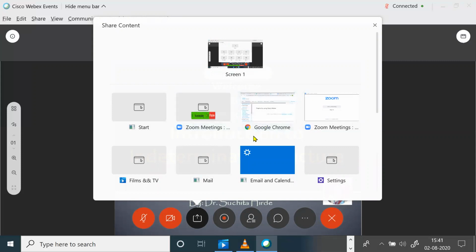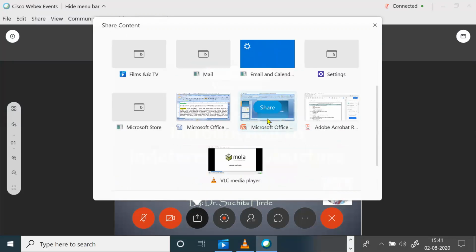So you can see here the files which you have already opened. So this is my PowerPoint presentation, which I want to share. Then I want to share one Acrobat PDF file and one video file. So all we can see here. So now to start with your lecture, you can start your PowerPoint presentation.